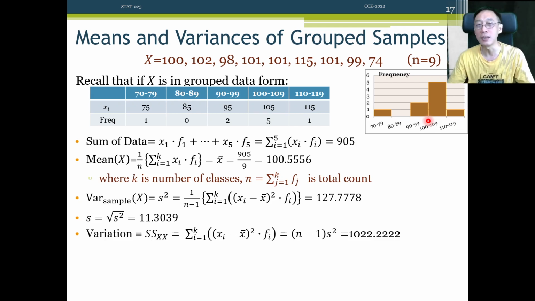So if it's stock price, then it's 70 cents to 79 cents. If it's height, then it's 70 cm to 79 cm. If it's weight, then 70 to 79 grams. So the ranges of measurements will be on the x-axis, vertical axis, either frequency, the actual counts themselves, or relative frequencies in terms of decimal places or percentages. So that is the idea. That is the reason why we do group